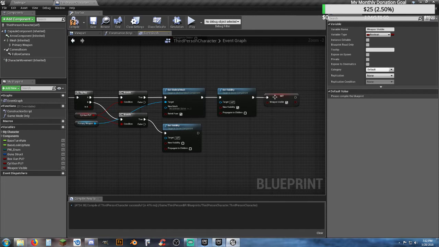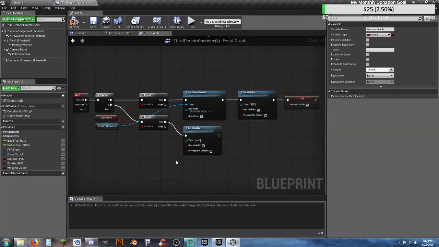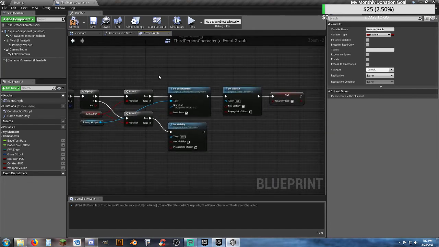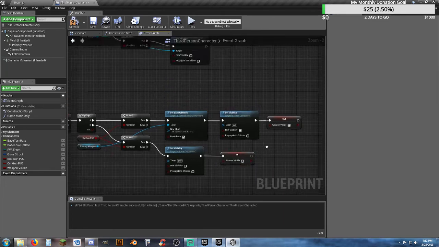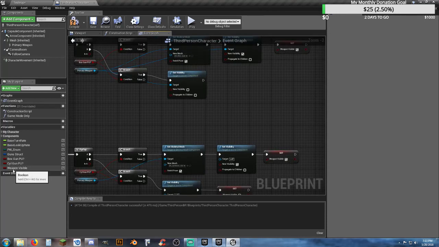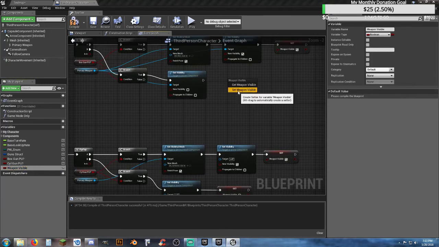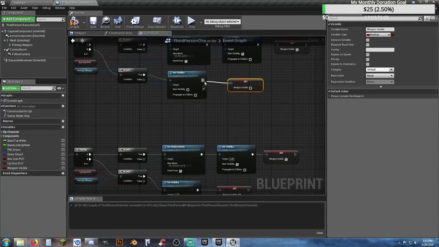Anyway, so we're setting this variable. So it's setting it that our weapon is visible. So here what we need to do is we can do the same thing and set weapon visible to false. Okay, that's lovely, right? So we'll do the same thing. We'll grab our weapon visible and we'll set that to false. So when we hit it the first time,